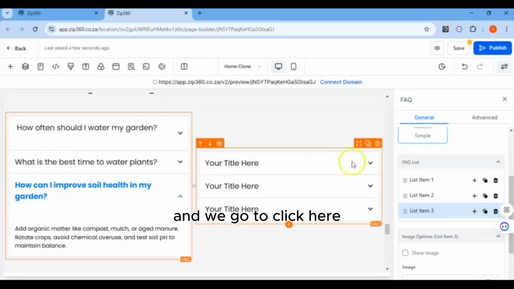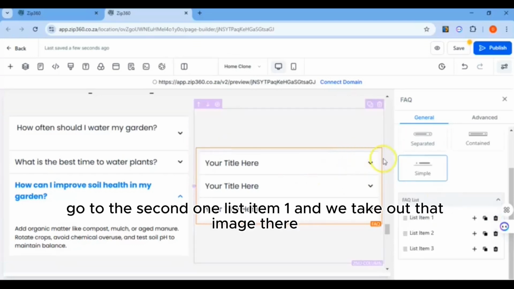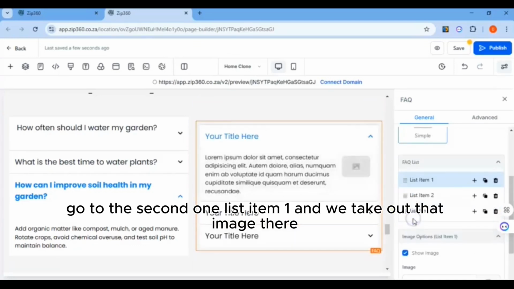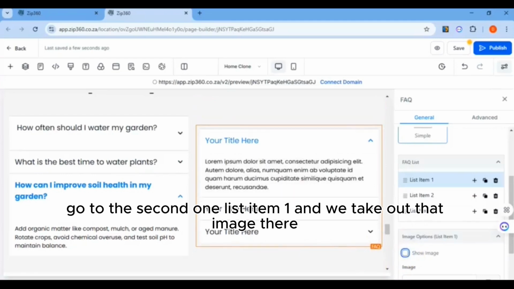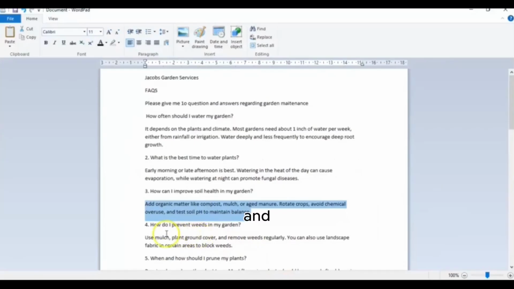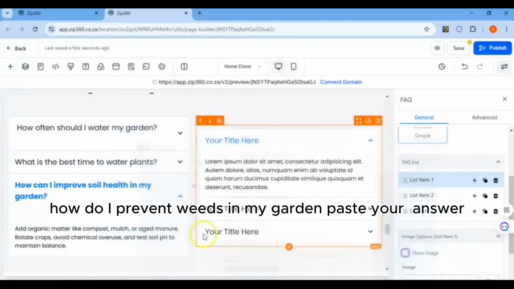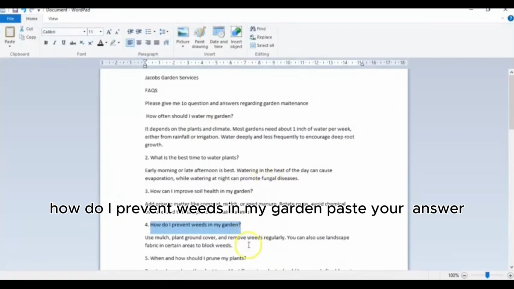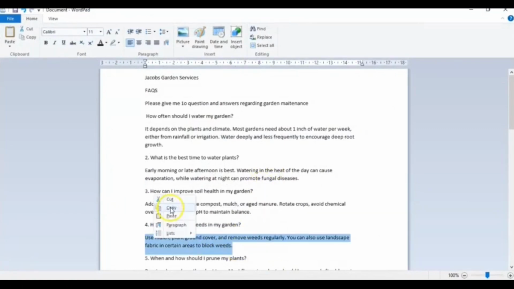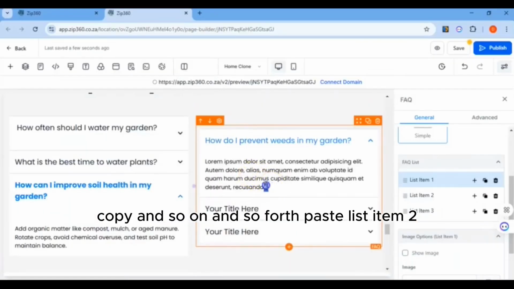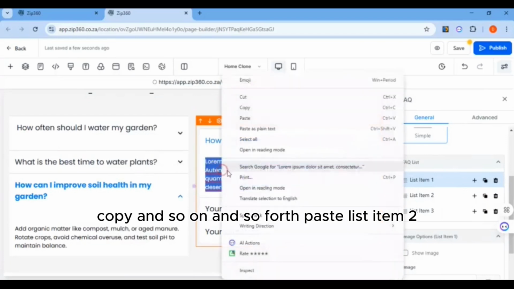And we go to click here to go to the second one, list item 1, and we take out that image there. And how do I prevent weeds in my garden? Paste, hit answer, copy, and so on and so forth.